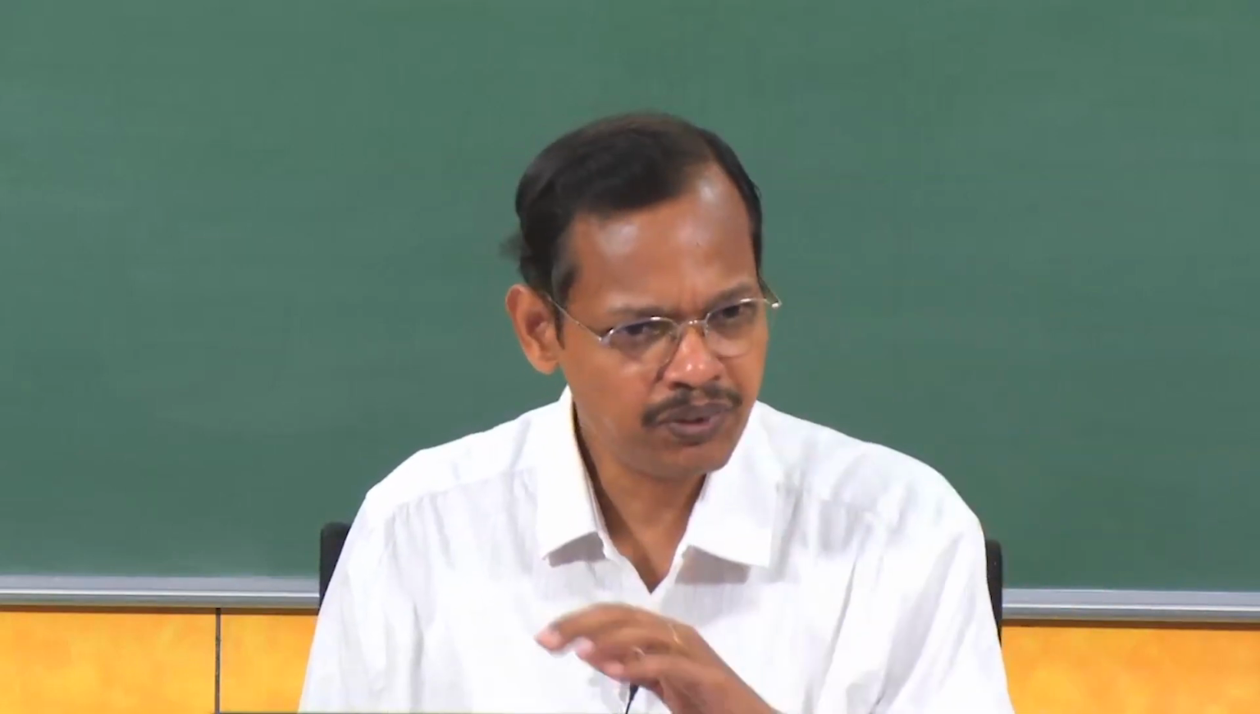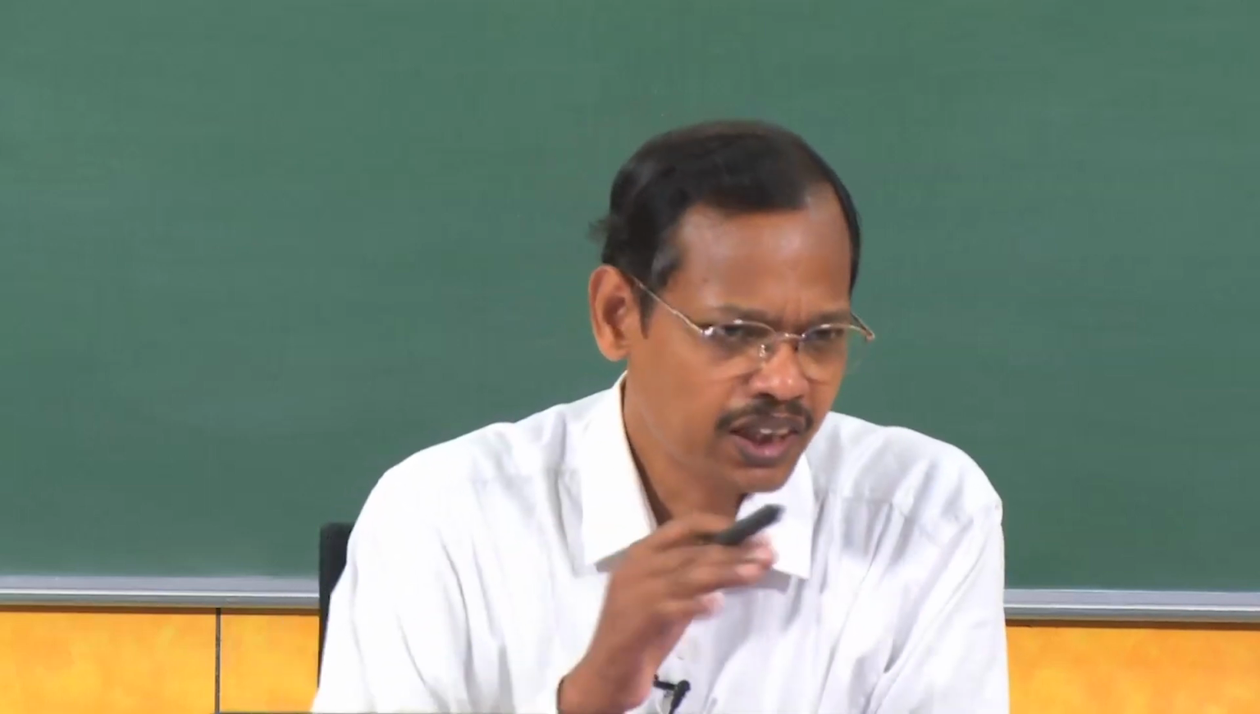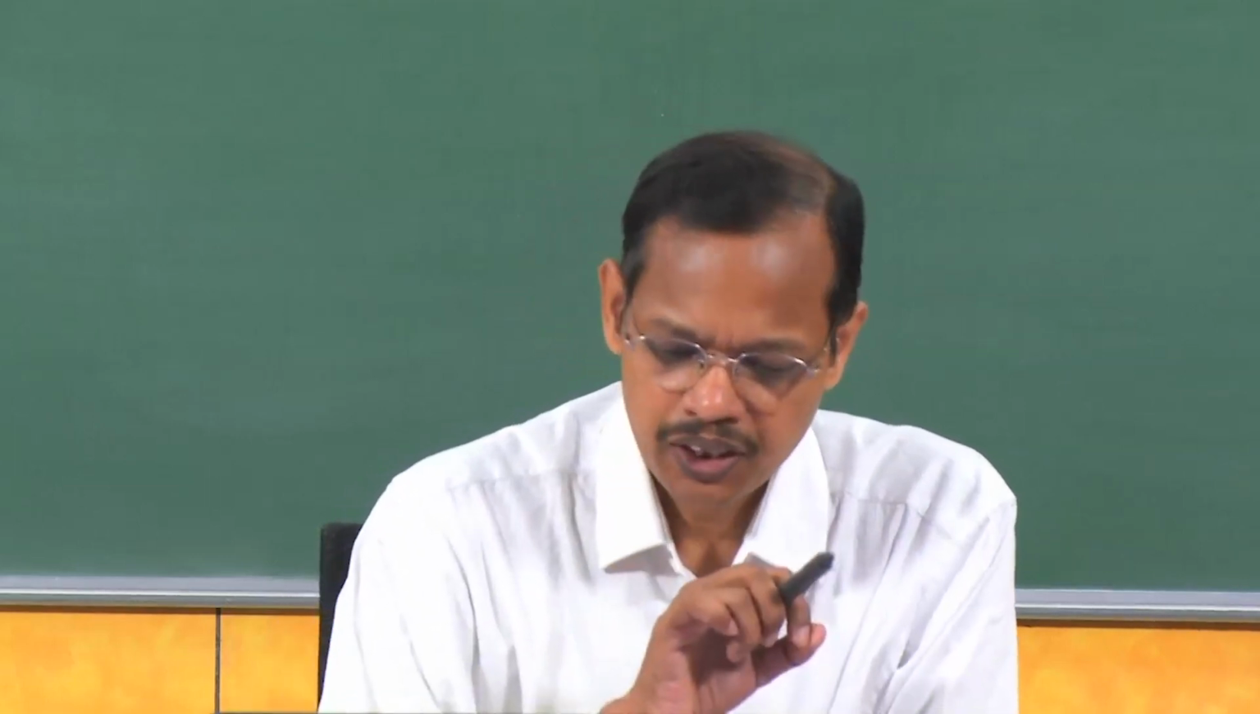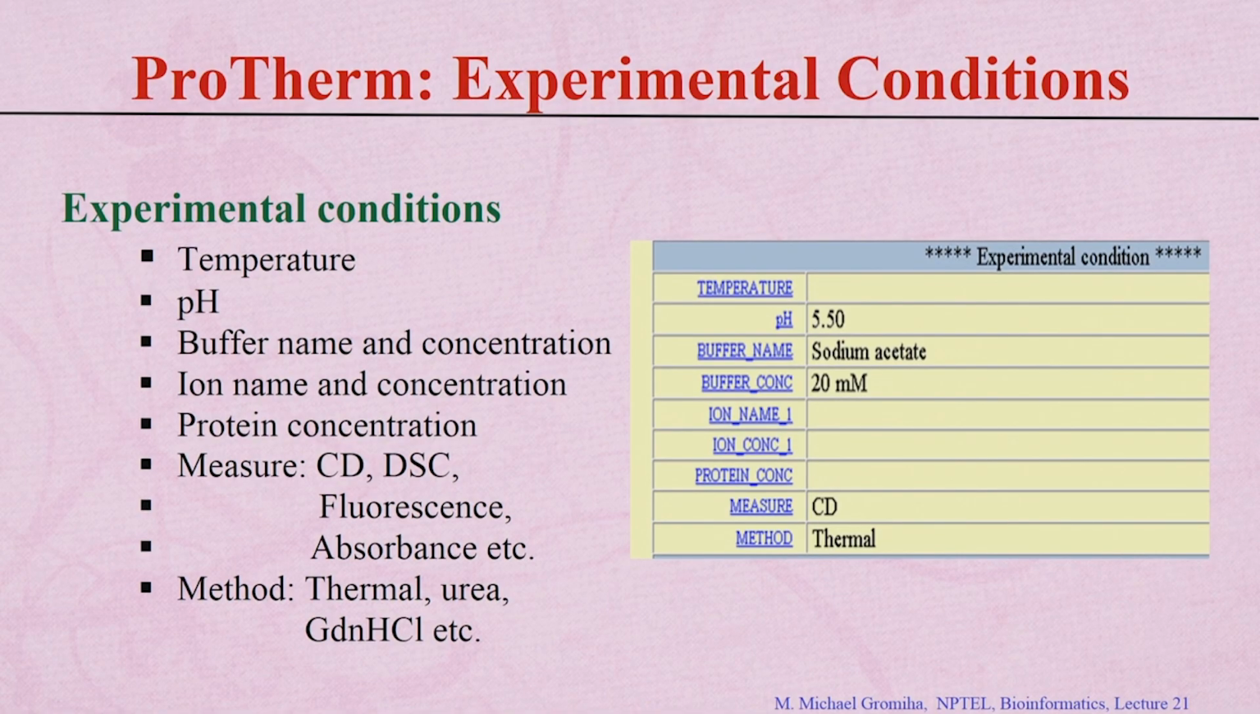So, we give the experimental protein information right from the UniProt and the PDB as well as the mutant. Now, we give the conditions: what are the experimental conditions they use to get the data. The important ones are temperature, the pH, the buffer name and concentration, and the protein concentration, and